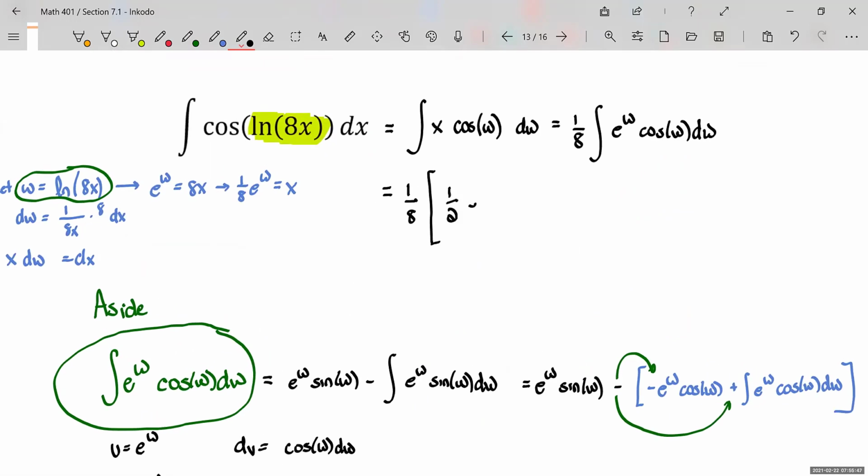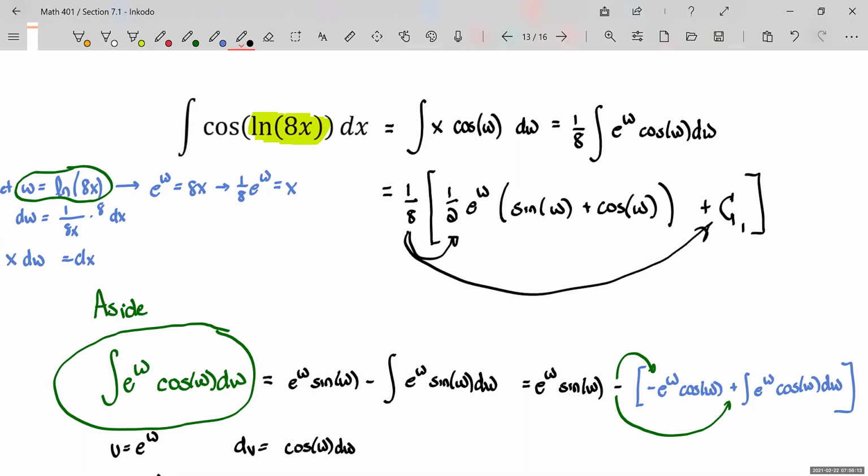1/2 e to the w times the sine plus the cosine. Oops, sine of w, sorry. Remember, there is a constant of integration. I'm going to call this plus c sub 1. It's just a constant. I'm just giving it a subscript for the time being. And now I'll not only distribute the 1/8 through to both of those terms, but I